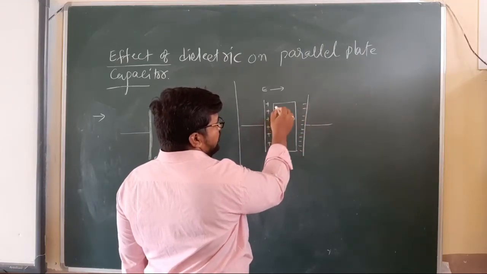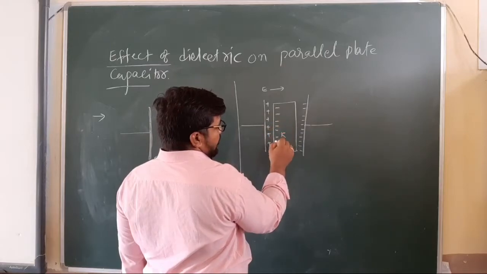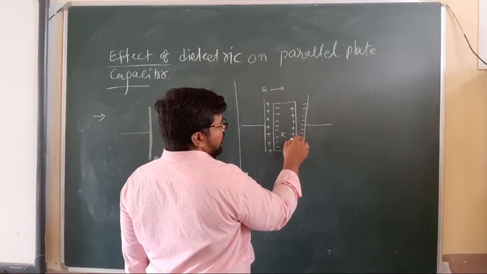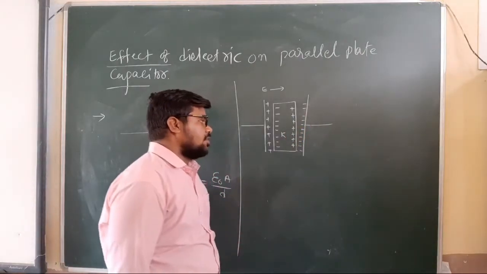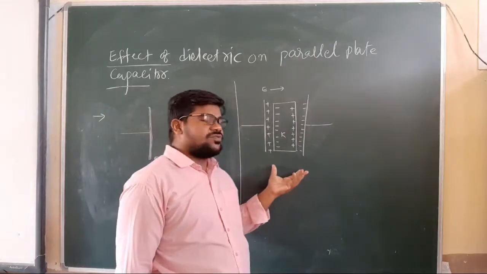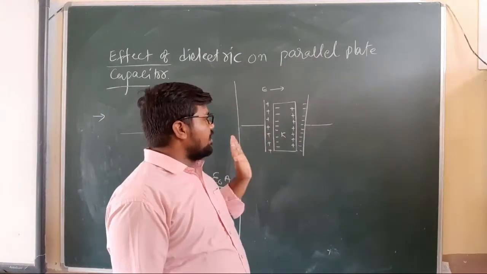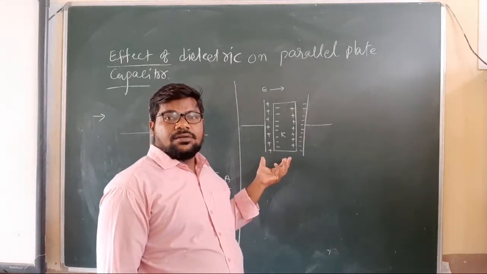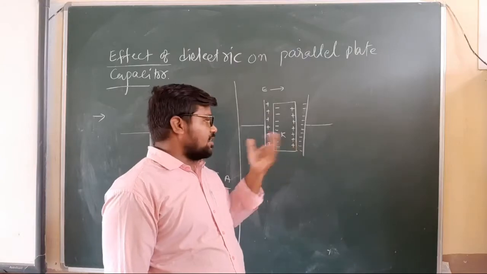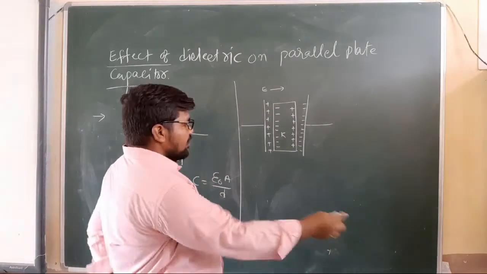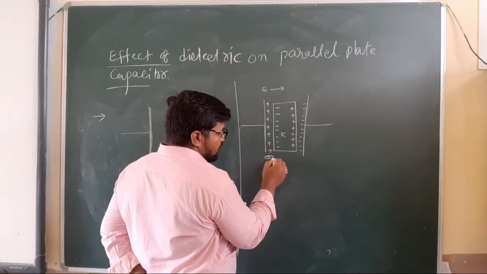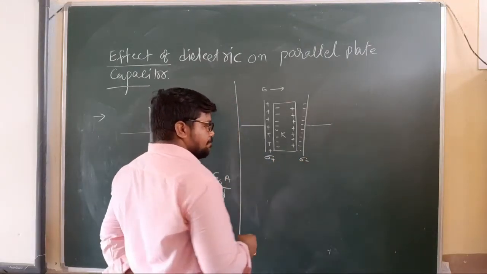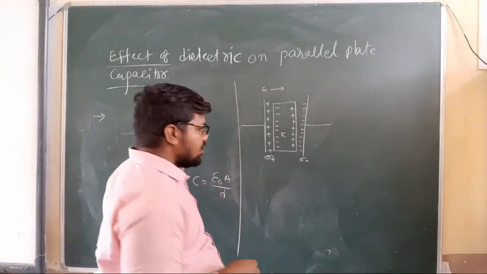Here a positive and negative charge is created: a negative charge on the plate, and a positive charge is induced. Whenever this situation happens, inside the dielectric medium the electric field decreases because of the dielectric. Here we know the positive charge density and negative charge density. Clear? So we know that in the previous case,